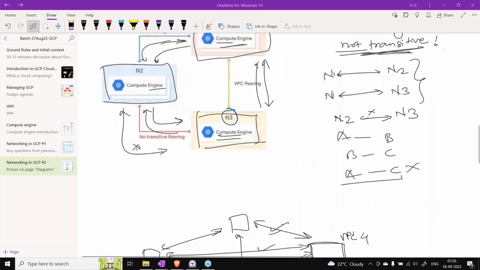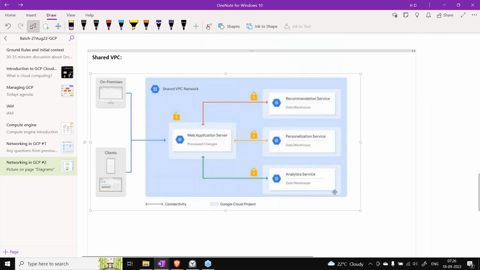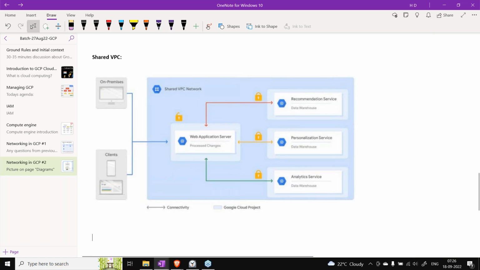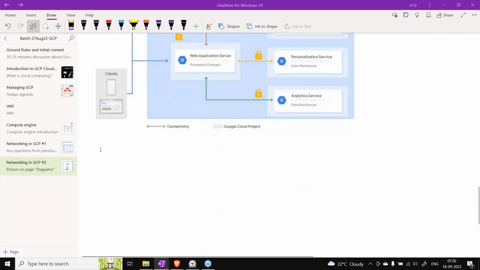So the next topic is the shared VPC. There are a couple of points we'll have to first understand. The need of shared VPC, that we already discussed. The need was VPC peering. Of course, these are not exactly the same solutions for the previous one's problem.